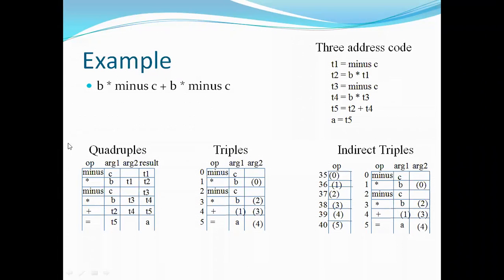But both quadruple and indirect triples are similar in their representations. That means both the quadruple and indirect triples are beneficial for code optimizations. But while comparing these three data structures, quadruple is much more complex, that means it is very beneficial for performing code optimizations, right? And this is a simple concept, knowing how many data structures there are, and knowing how to represent the tables. That's it. It is a direct question from this unit.